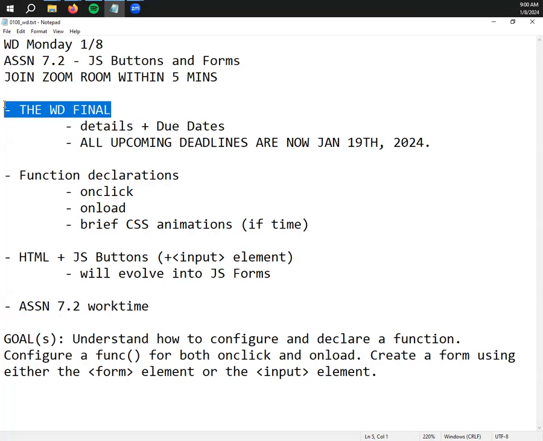So the way that finals are going to work in my class, we're going to finish out some JavaScript stuff this week, and then you'll have a chance to start working on your final next week. This unit is essentially the last unit that we're doing in the traditional sense, right? So your final for this class is a project demonstrating everything you've learned so far, including the design process and the drafting process, in order to create one fully featured website that has an example of everything we covered this